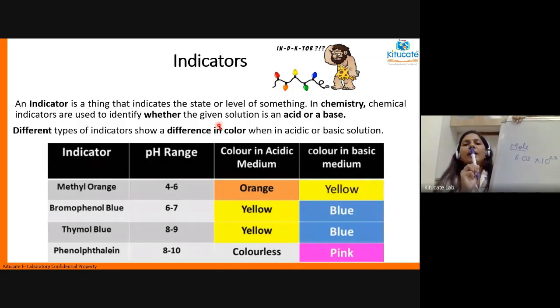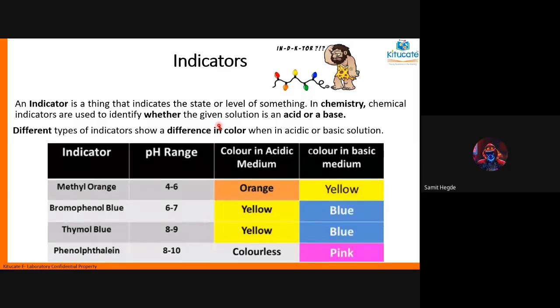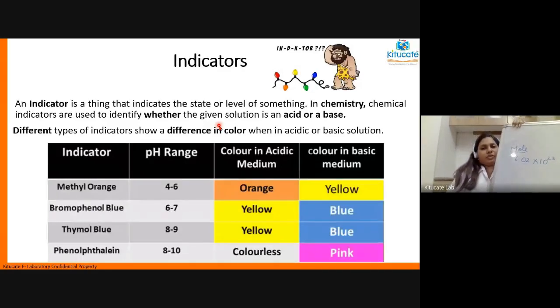Now when you say 1 mole of HCl, for example, it will have 6.02 into 10 raised to 23 atoms or molecules inside that volume. Okay. In a given unit volume, how many molecules or atoms are present is denoted by a term called mole. Is this clear or not clear? Yeah, clear. Okay, please ask if it is not clear.